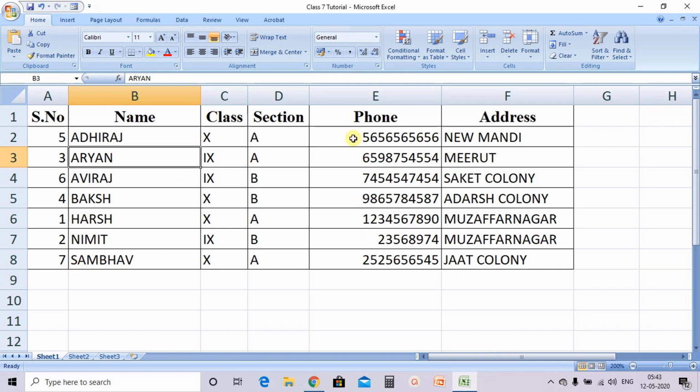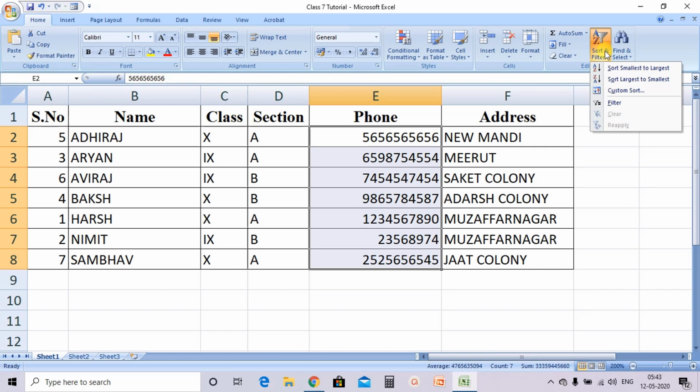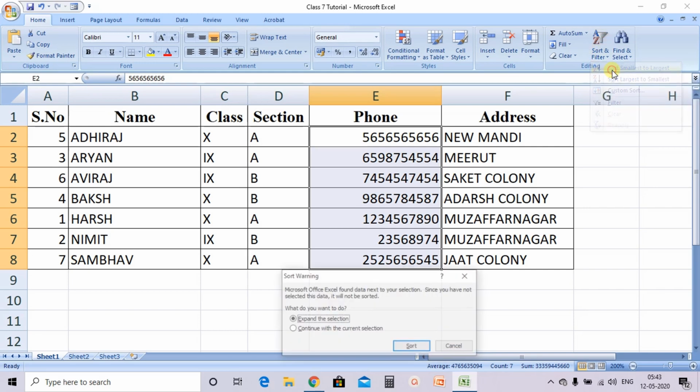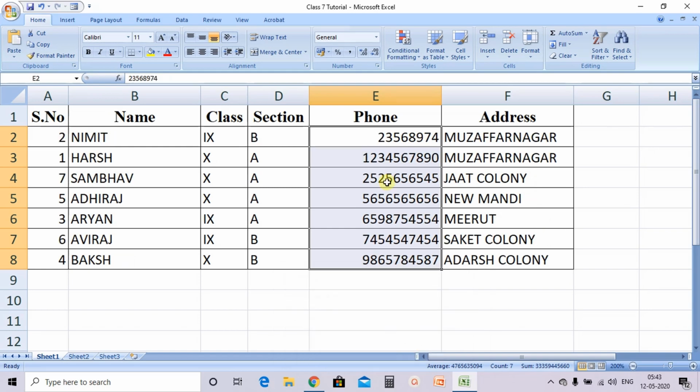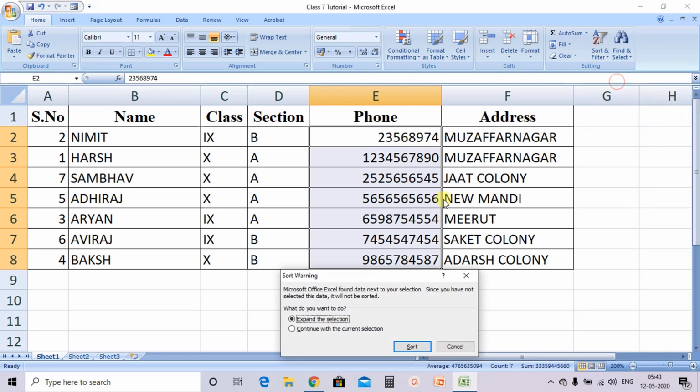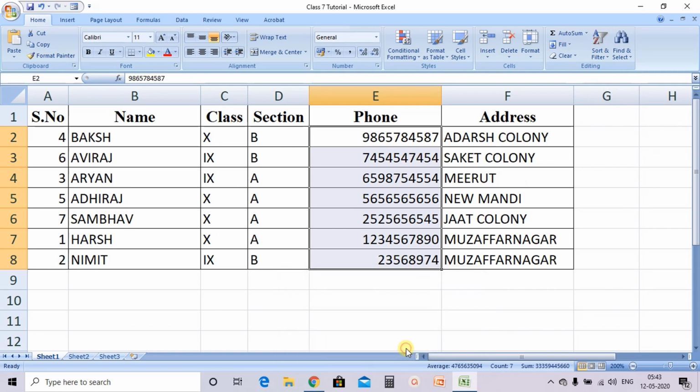Like for an example, I have selected this part, phone number, going to the sort and filter option on the home tab, smallest to largest, expand the selection. Now see, smallest to largest, and when I am changing this to largest to smallest, then see the reverse order.